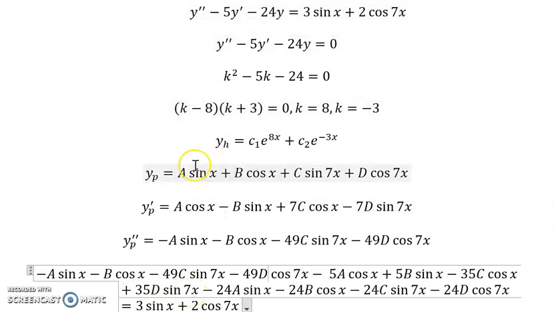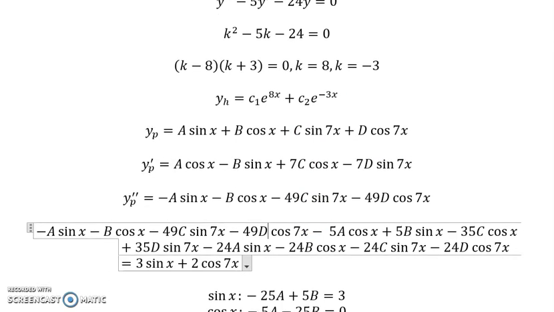And then -24 times this whole thing. So -24a sine x, -24b cosine x, -24c sine 7x, and -24d cosine 7x. And that all has to equal this original equation. Now, how do we make that work? Well, what we're going to do is combine